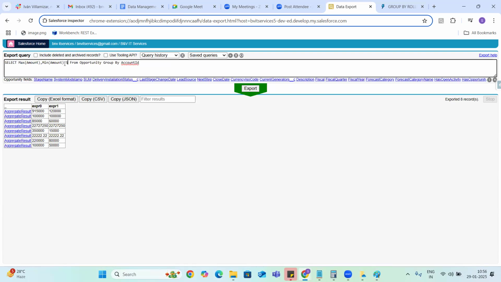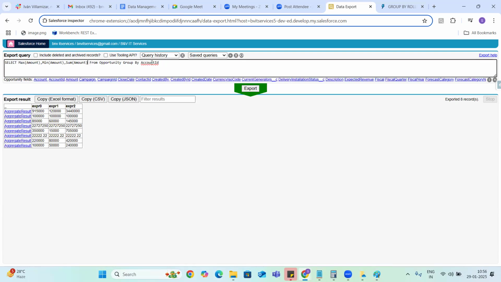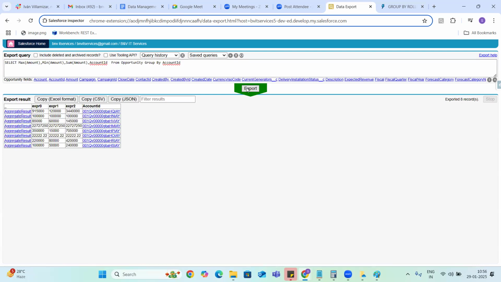And let me just give the sum of amount also. Okay. And here we can just get the account ID also. Okay. One account can contain multiple opportunities, right?